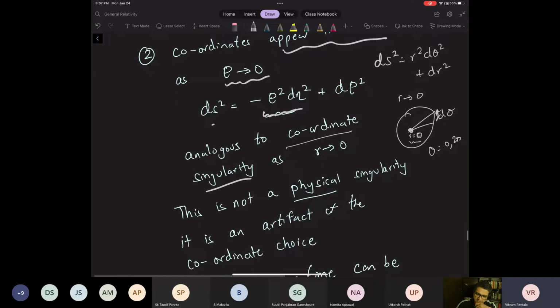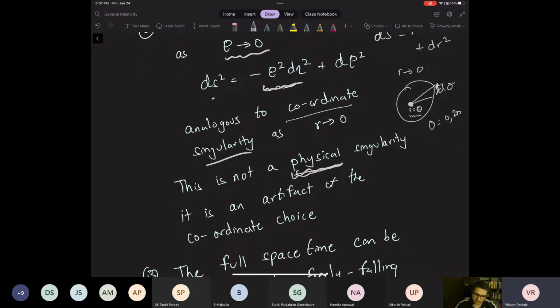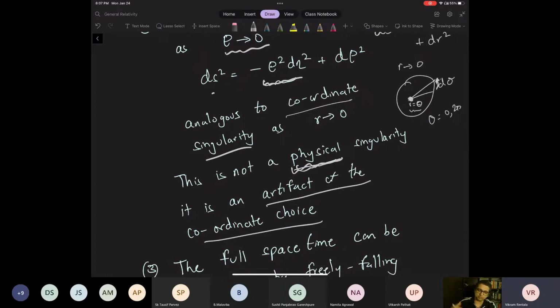And so this coordinate singularity is not a physical singularity. There's nothing physically strange about this point. It's just like any other point in flat space, in Euclidean space. So this is just an artifact of my coordinate choice, which means it's some strange thing that seems to appear, but it's only in my equations, because my coordinates are a bit weird. So you will encounter these kind of coordinate artifacts, but you basically can switch coordinate systems and then the coordinate